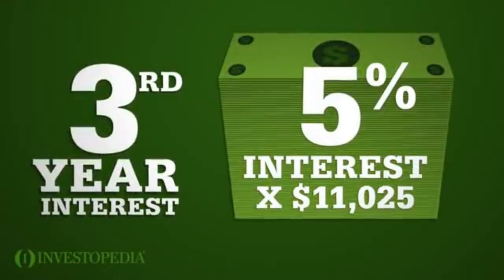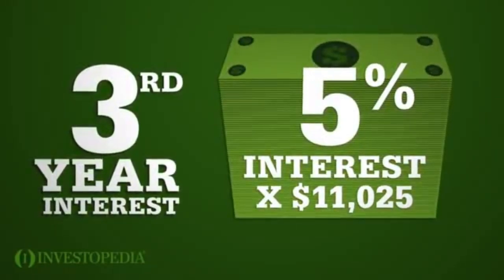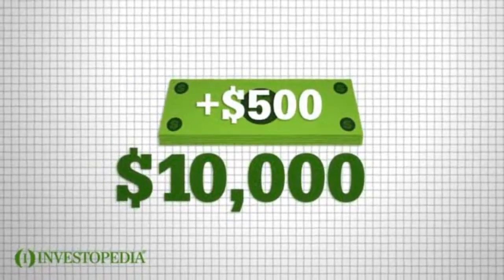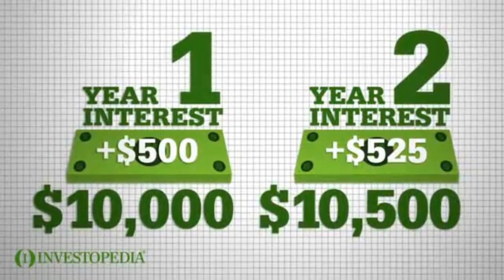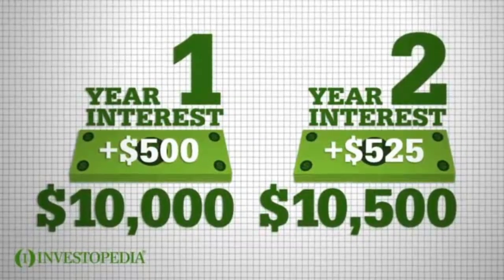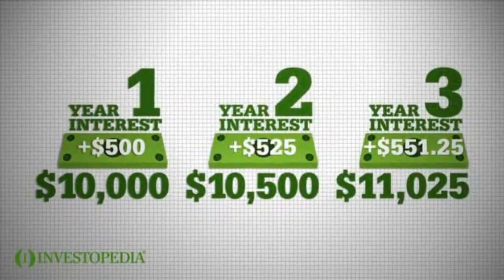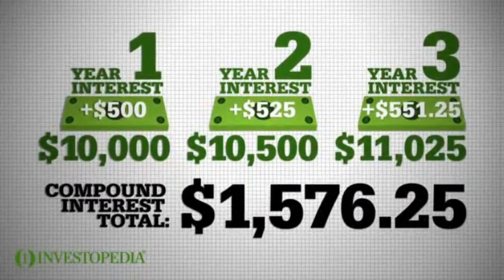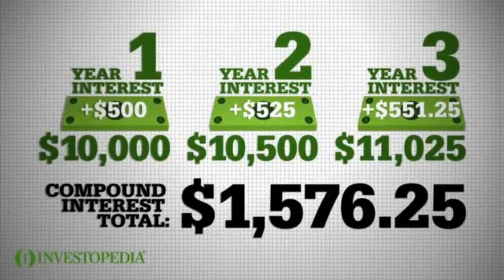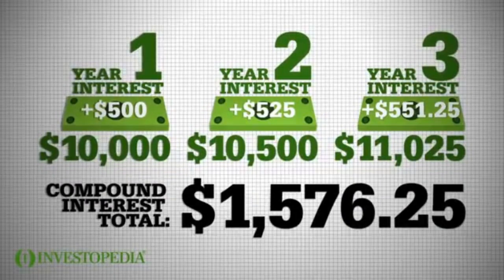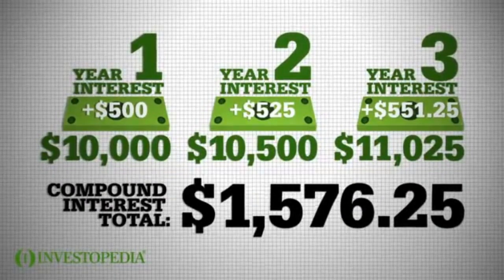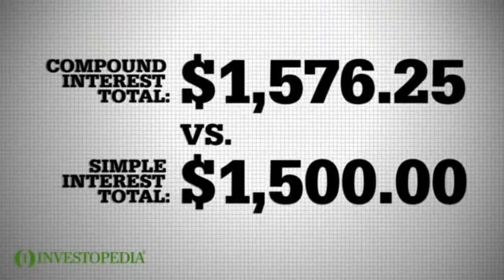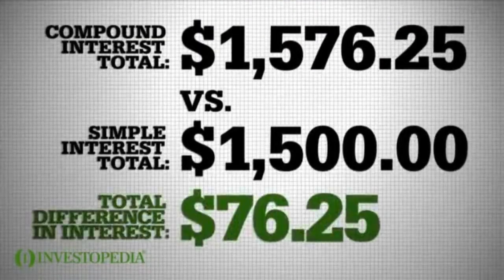In year 3, you earn 5% interest on $11,025, $10,000 plus 500 year 1 interest plus 525 year 2 interest, for an interest payment of $551.25. In total, you earn $1,576.25 in interest over 3 years with compounding interest versus $1,500 with simple interest, a difference of